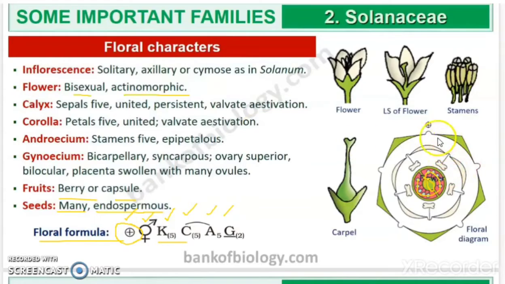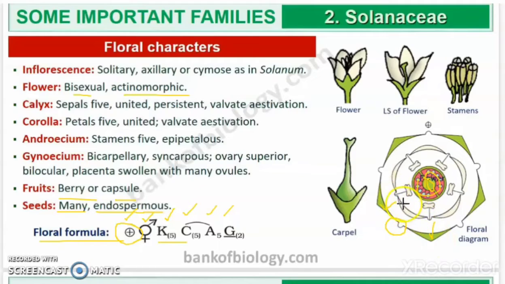Now coming to the floral diagram, you can see a mother axis here. This mother axis shows the symmetry of the flower. We have studied it as actinomorphic symmetry, right? So they have put a plus symbol in the mother axis, a small round with a plus symbol added. And then coming to the calyx portion, we saw that the sepals are united. So they have drawn 5 sepals, and these 5 sepals are connected to one another. You can see it here. They have connected the sepals, and I hope you are clear with this, right? This is the connection through which they are connecting one sepal to the other.